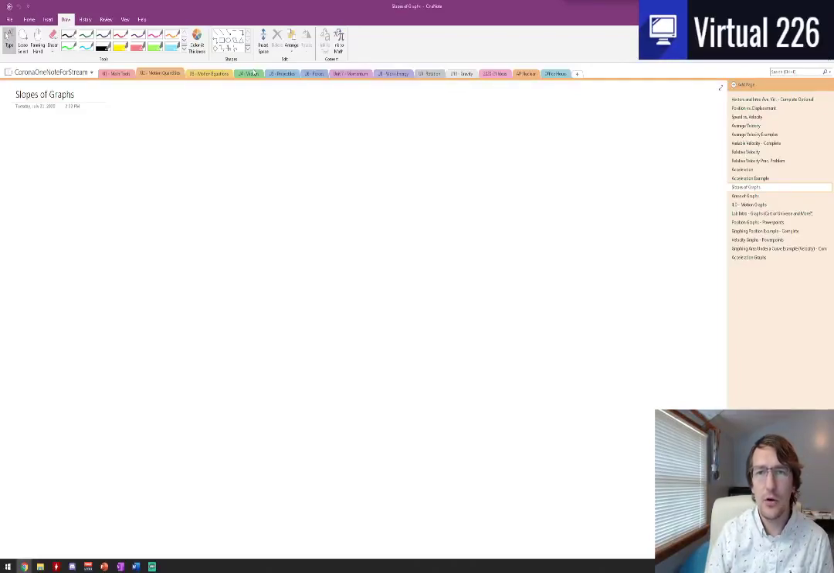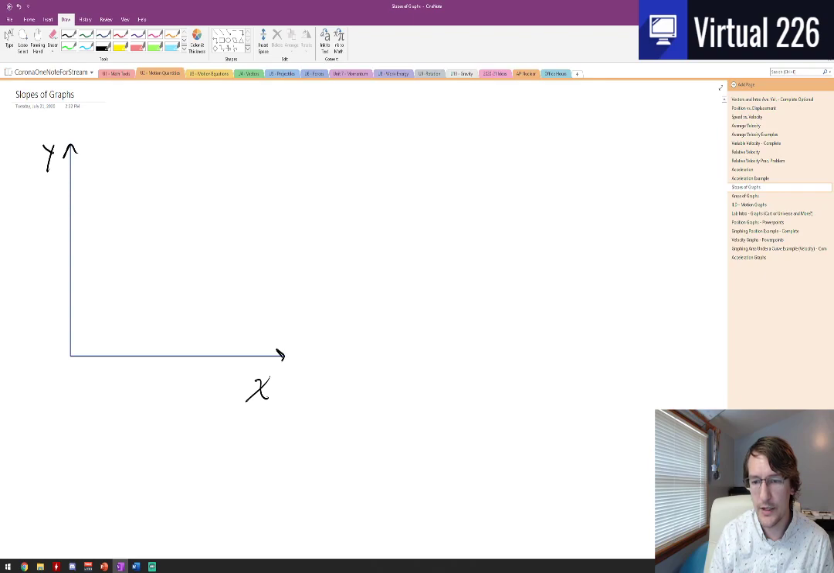Let's look at the slope of graphs. Okay, so let's take a look at a graph real quick. Here is just a normal XY graph. There's the X, there's the Y, like math class all over again, except this one's blue. If we take a look at this,